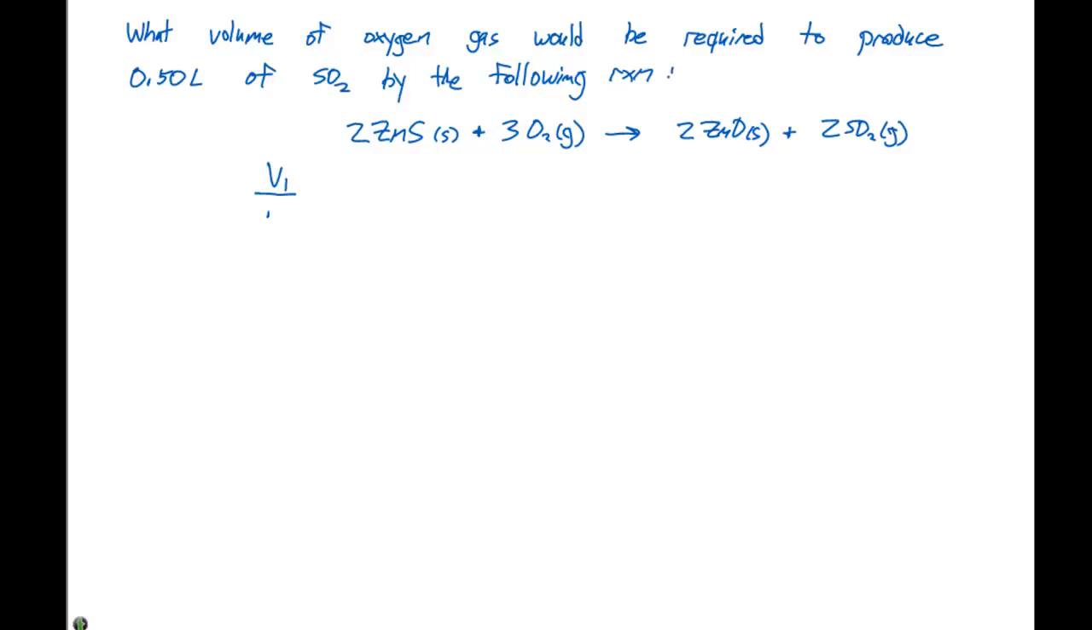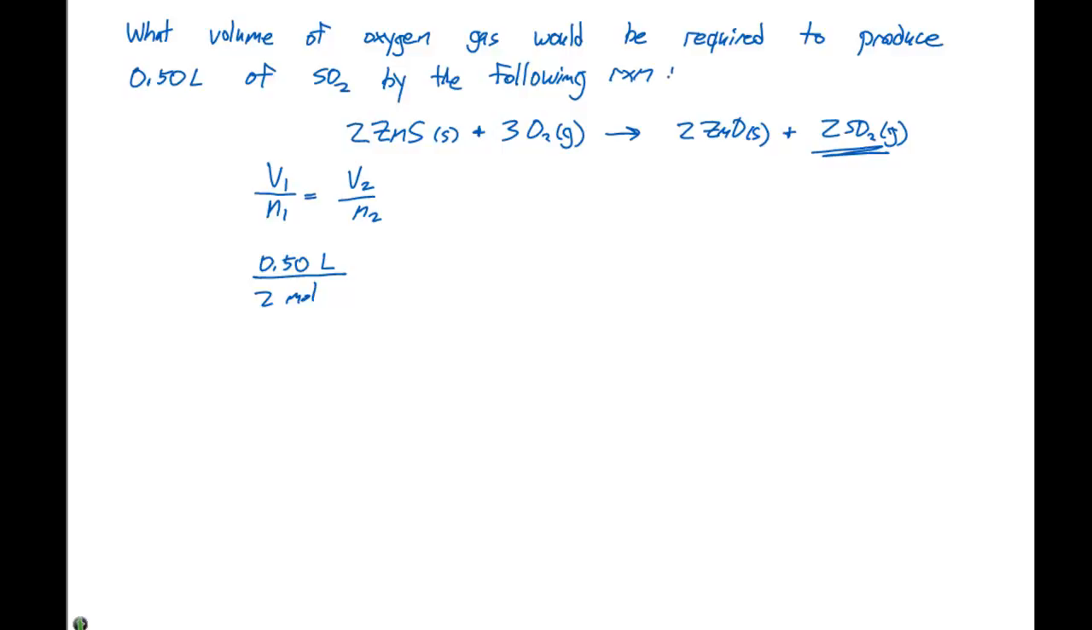Once our equation's balanced, we can use Avogadro's law. Remember, Avogadro's law says V1 over N1 is equal to V2 over N2. Initially, we have 0.50 liters of SO2. And if we look at our balanced chemical equation, we have 2 moles of SO2, and that number 2 is going to be an exact number,